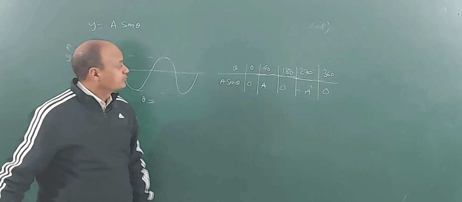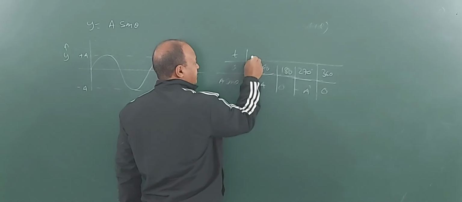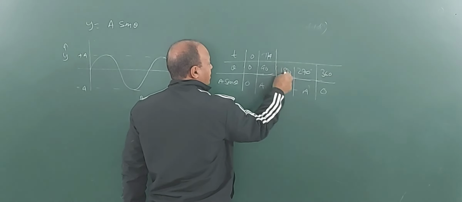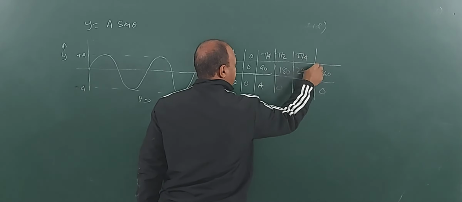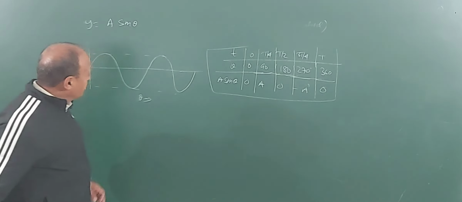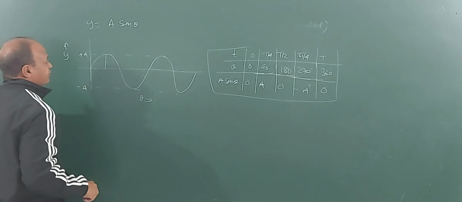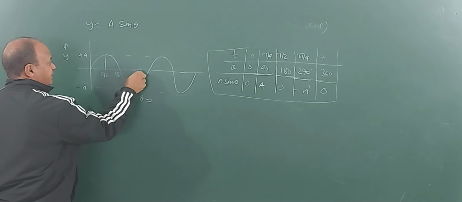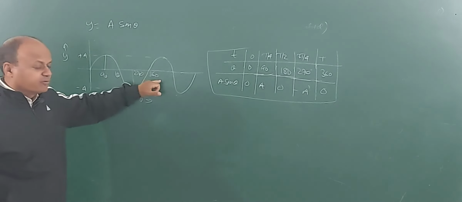And bear in mind that for 90 degree rotation, I will not be saying many times, so you should understand this. If I want to do time, theta 0 then 0, 90 degree rotation means 1/4 of time period, 180 means half the time period, 3/4 of time period is 270, and 360 means complete time period. So this data you have to remember, and this will be a sine graph. I will be using it very often. If I write the value of angles, then this is 90 degrees, 180 degrees, 270 degrees, and this is 360. You can plot against time also: T by 4, T by 2, 3T by 4 and T.